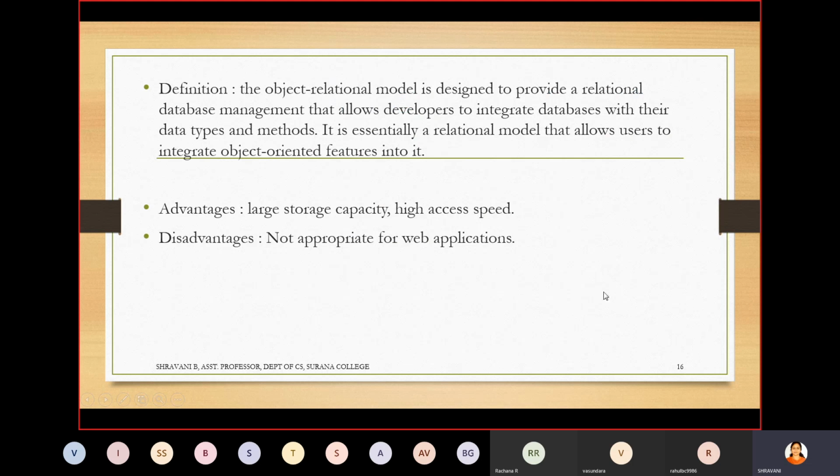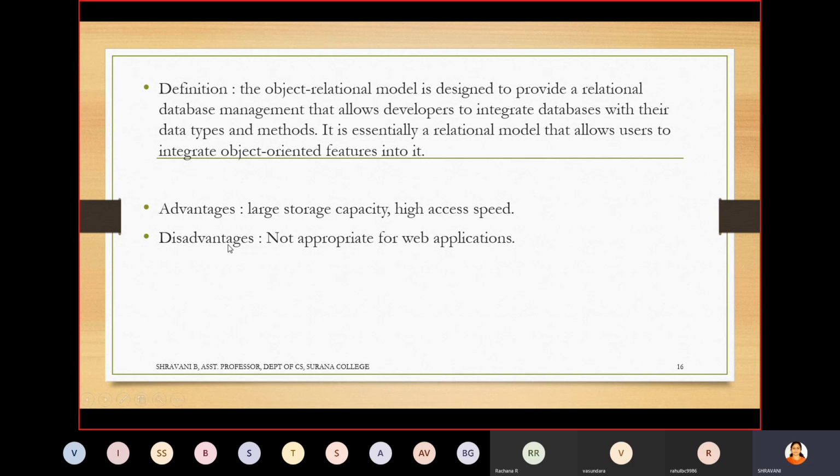Large storage capacity will be very easy because we are relating the tables not with the fields or the objects, but with the keys, that is a primary key and a foreign key, which also helps in high speed access. The disadvantage is that for web applications it is not that appropriate. It will definitely be used, but it is not that applicable. So that is one of the disadvantages.